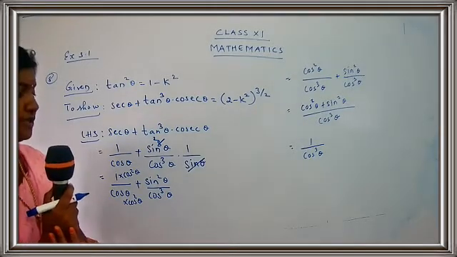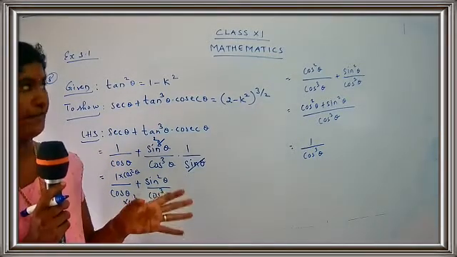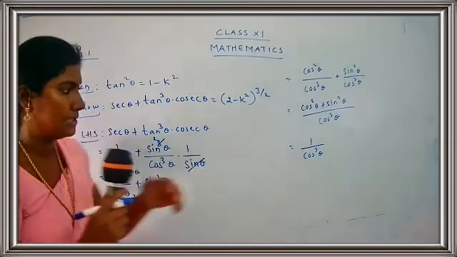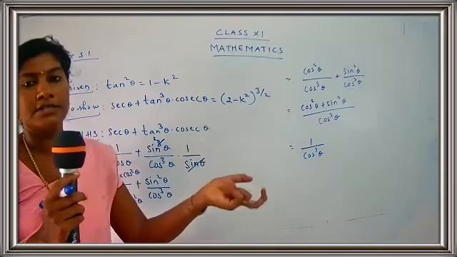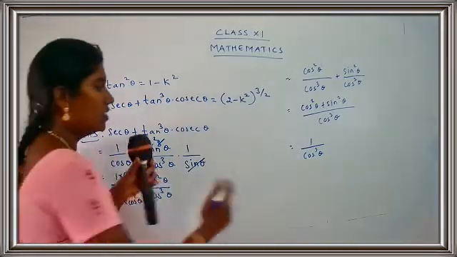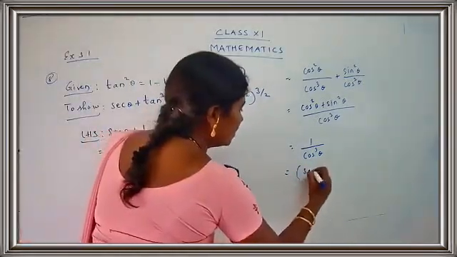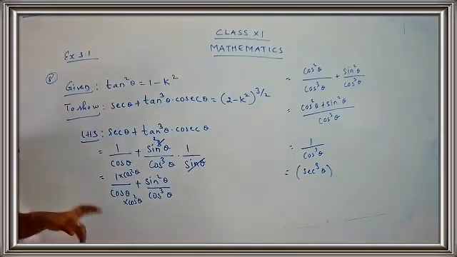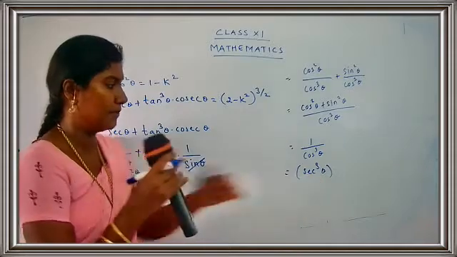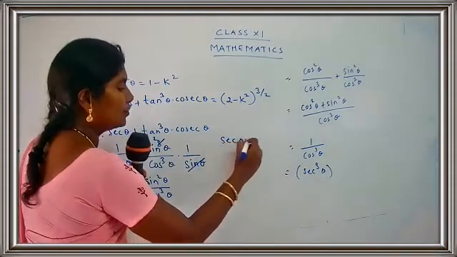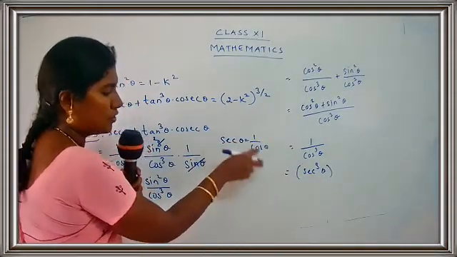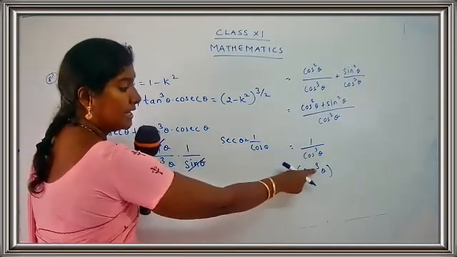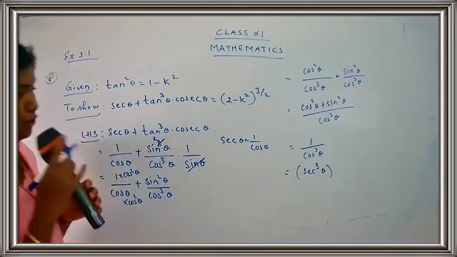Okay. Now I'm just going to write down this in terms of sec cube theta. I know that sec theta and cos theta are the reciprocals of each other. Yes? So I'll be writing down this as sec cube theta. Are you clear with this step, children? So 1 upon cos cube theta turns to be sec cube theta because sec theta is equal to 1 upon cos theta. So 1 upon cos theta I'm replacing as sec theta. And here the power is 3, so I'll get a power as cube. Sec cube theta.